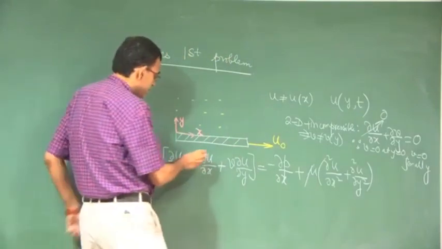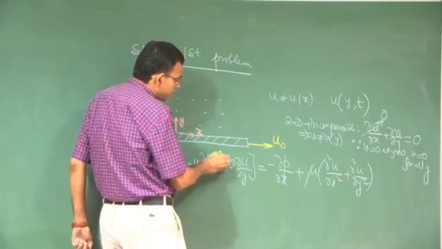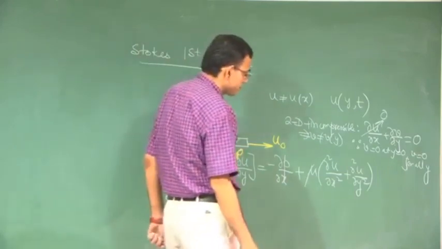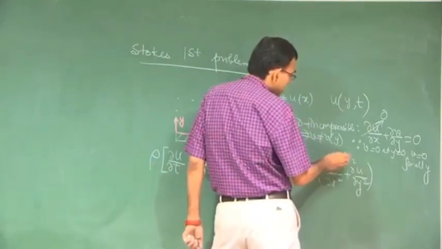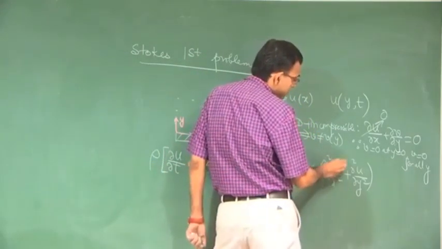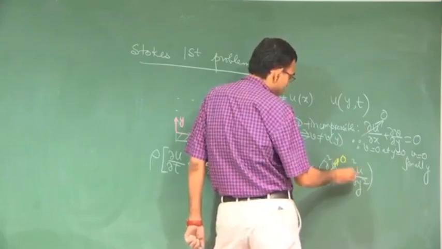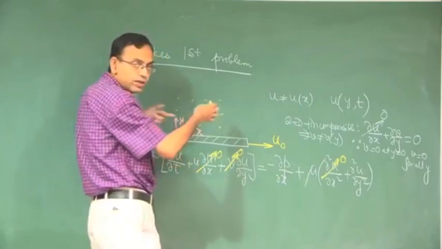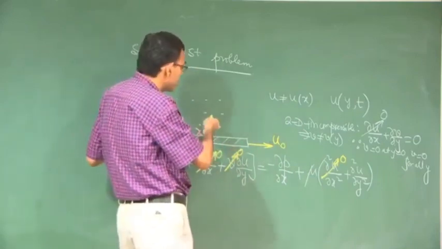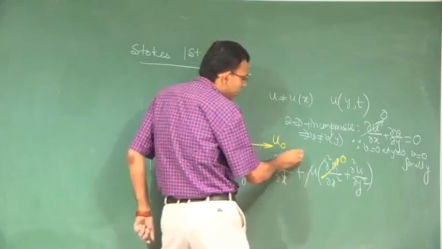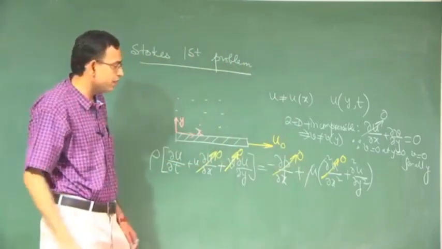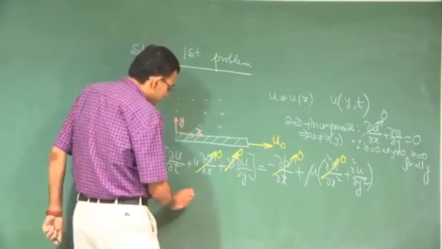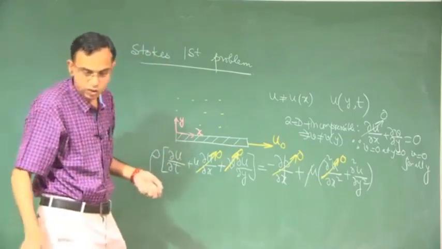So, here u is not a function of x, so this is 0, V is equal to 0 for all y. Here u is not a function of x, u is of course a function of y. This is a flow which is unbounded and there is infinite fluid, so the pressure gradient which is acting is 0 because everywhere it is atmospheric pressure. So, you are left with this equation, let me write it at the top.